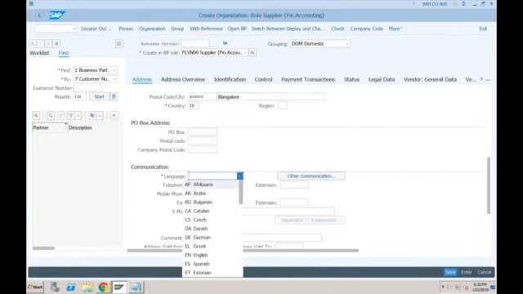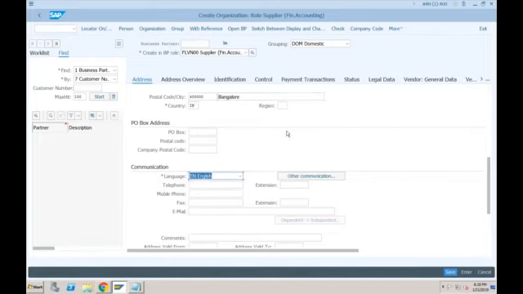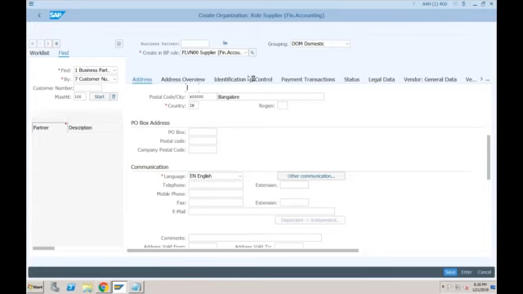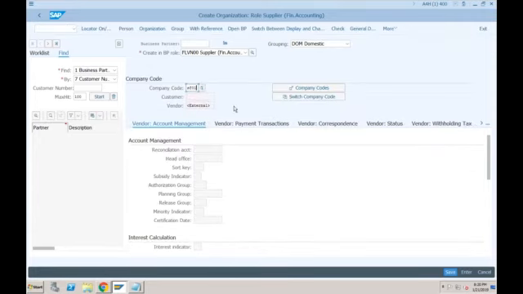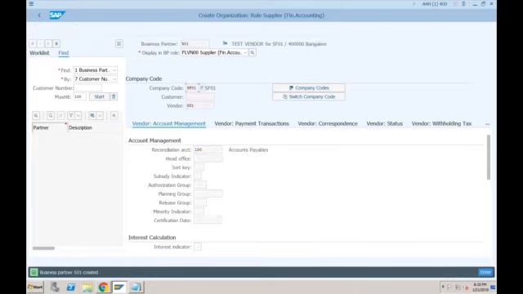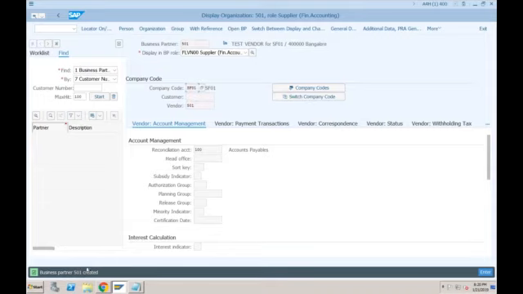Company code data. Reconciliation account, and let's try to save it. Okay, so you can see vendor number 501 and business partner number 501. This is exactly the same.